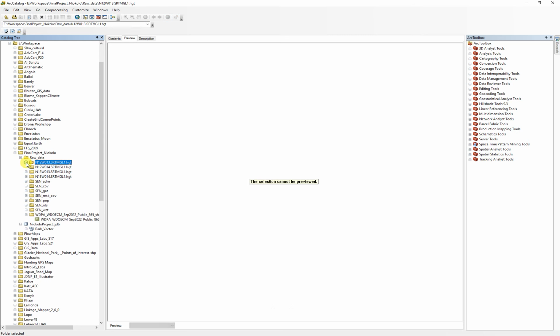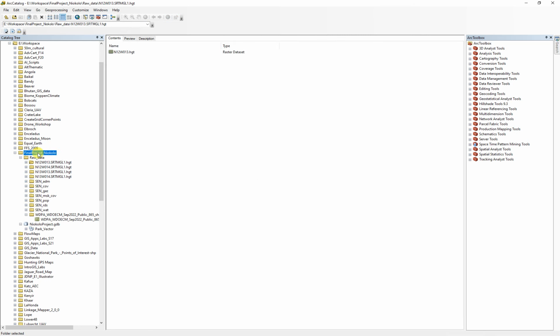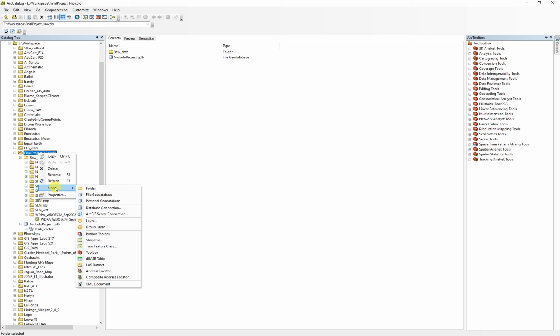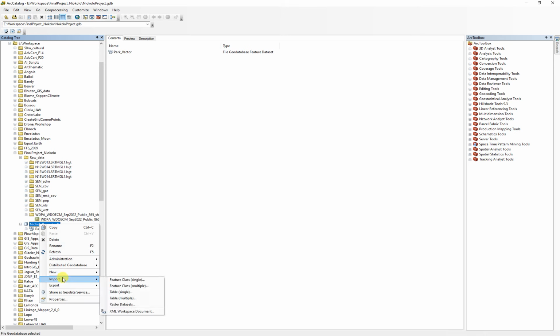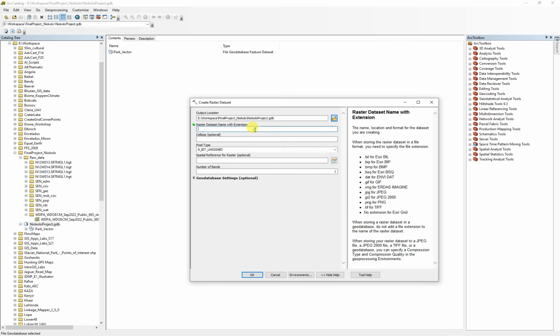Great. Now I'm going to go ahead and just right-click on my folder, but not in my raw data folder, in my master project folder. Oh, no, excuse me. I need to go to the geodatabase and then go down to New, and then a raster data set. I'm not going to create a mosaic or a raster catalog. I'm going to go with a blank raster data set. I'm going to name this, and this is going to be my Neocolo